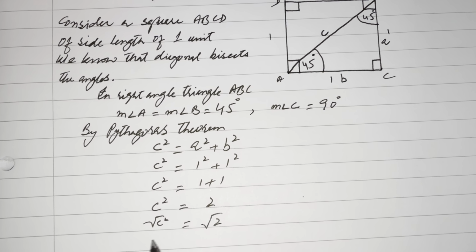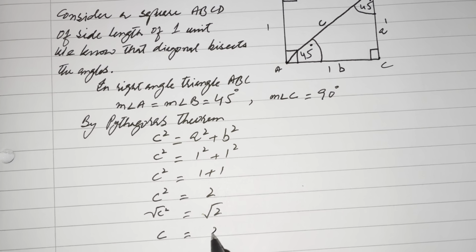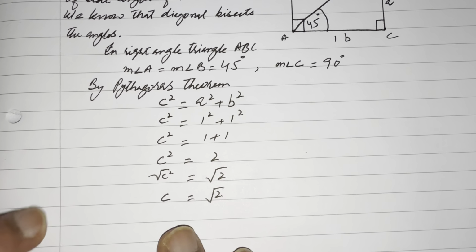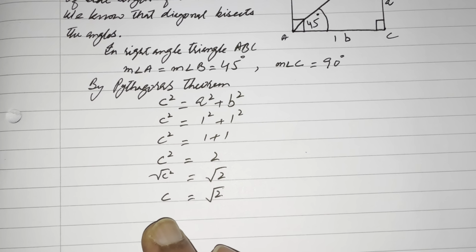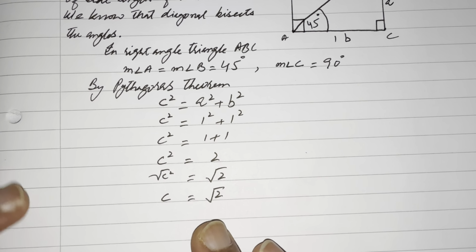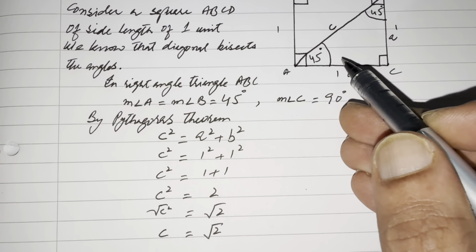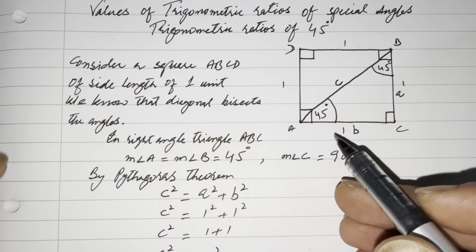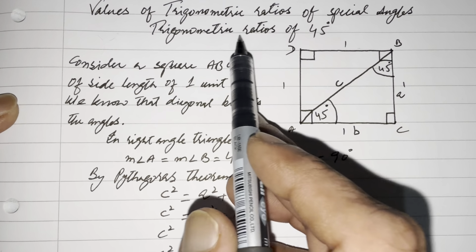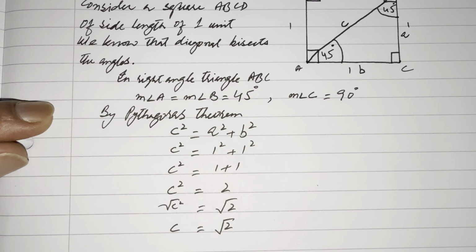So by taking under root on both sides, this square will be cancelled with the under root, so c will become under root 2. That's how we can find the length of the hypotenuse is under root 2 units. So now we have found all three sides of the right angle triangle, so we can find the trigonometric ratios of 45 degrees. So trigonometric ratios of 45 degrees can be written as,